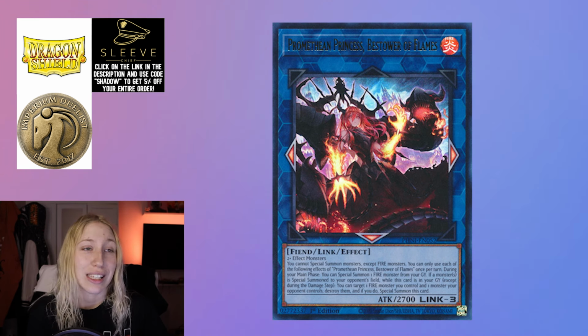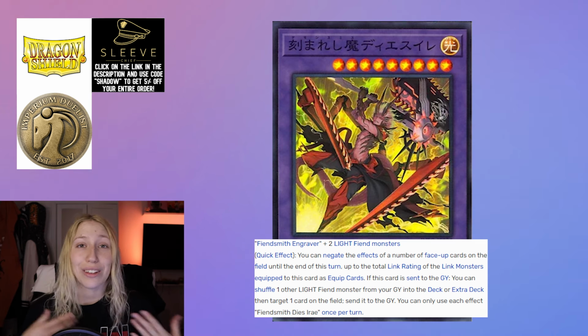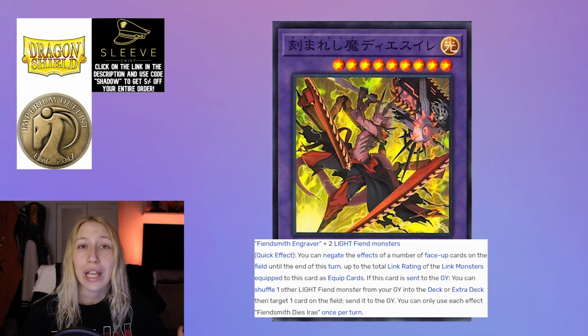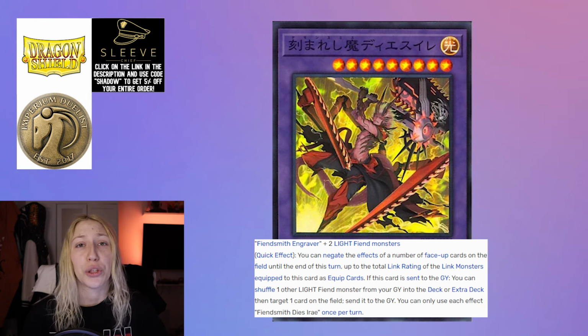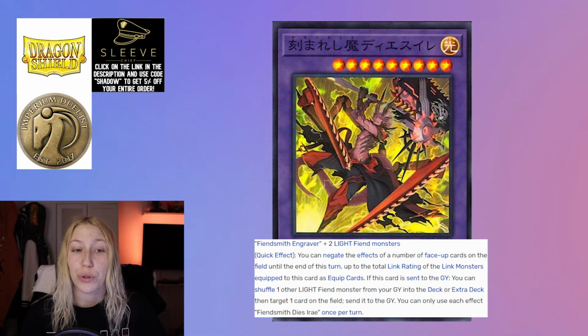I know it's insane, and it's very scary to go into a Euros and NAWCQ format looking like this, but I guess the only hope we can have is that Snake Eye gets hit a little bit, because if it doesn't, not only do we have 3 Snake Eye Ash, 3 Wanted, 3 Diabellstar, 3 Bonfire, now we also have 3 Engraver, which is going to